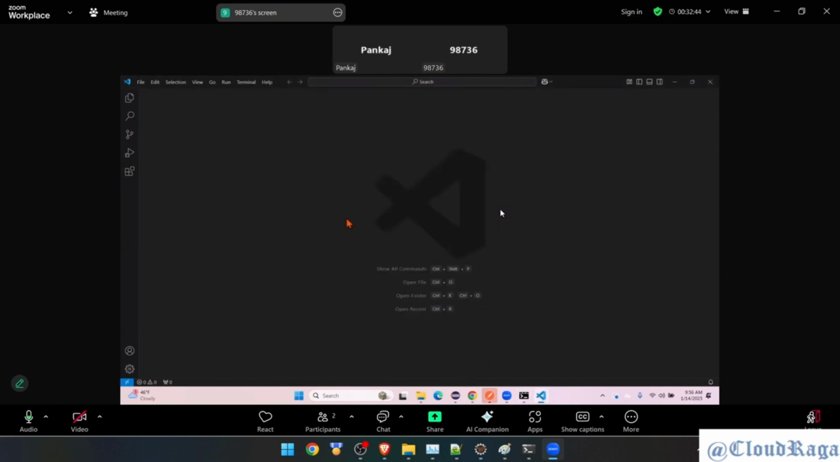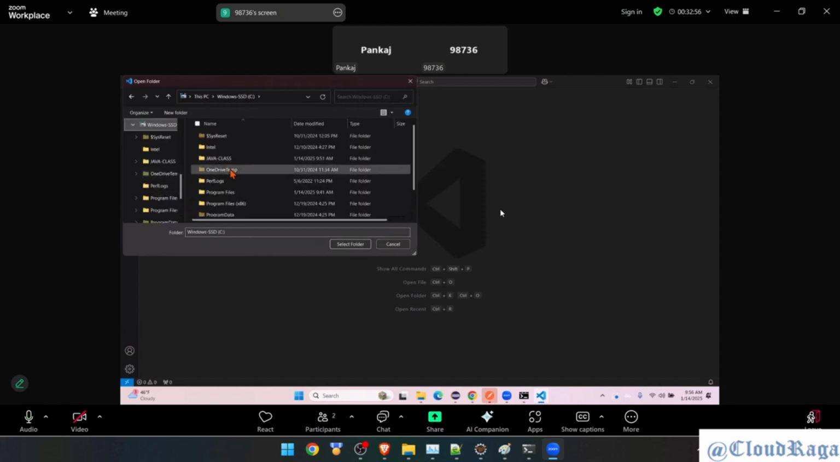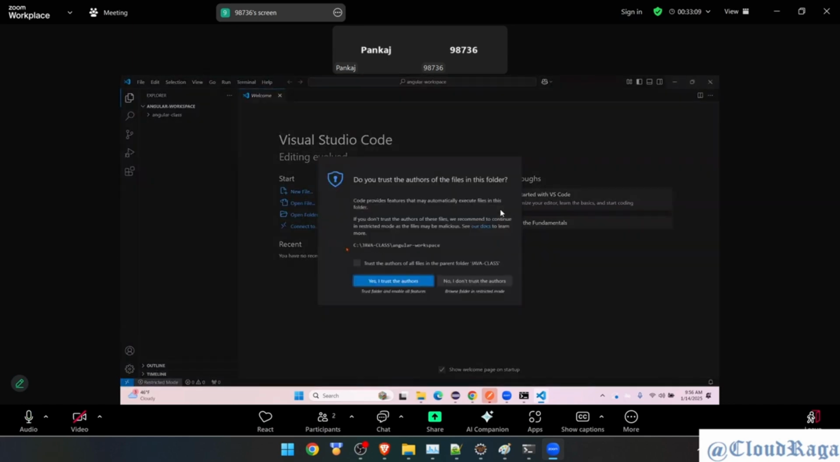And go to File, ऊपर, Open Folder, Open Folder, this one. अब वो C ड्राइव में जाके उस प्रोजेक्ट को लोकेट करो, C, then Java, Java क्लासेस में था ना वो, Angular workspace, ऊपर वाला। अरे ऐसे नहीं भाई, रुक तो जाते, मैंने कहा था ओके करने के लिए।